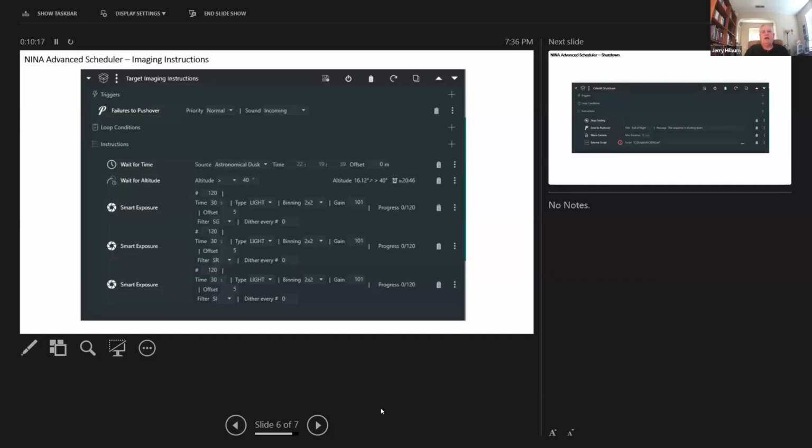What else? That's about it. My gain is 101, I offset at 5. Now here's the thing. When you're doing this kind of stuff, you look at the first image that comes down